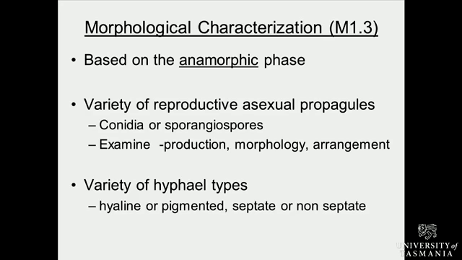Conidia are not contained in a sac. They're just formed either in chains or clumps or clusters, but they're single. They're not single necessarily, but they're not enclosed in anything. A sporangiospore is a spore